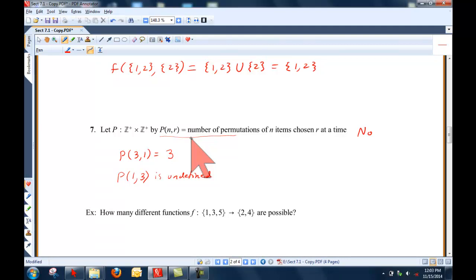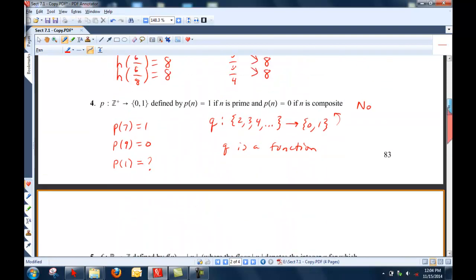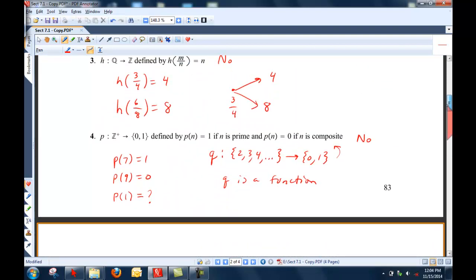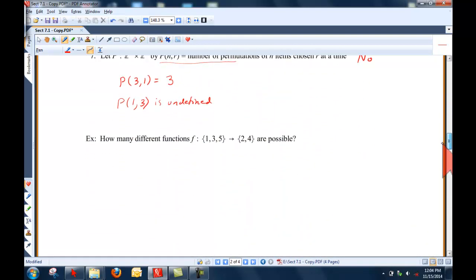function. I could come in here and adjust the second thing, so I could say that the set in the second slot has to be the set of integers that are less than or equal to the set in the first slot, so I avoid this second bigger than the first. And I could turn this into a function then in the same way that we did number 4 by adjusting the domain. But as it stands, it's not a function. Okay,